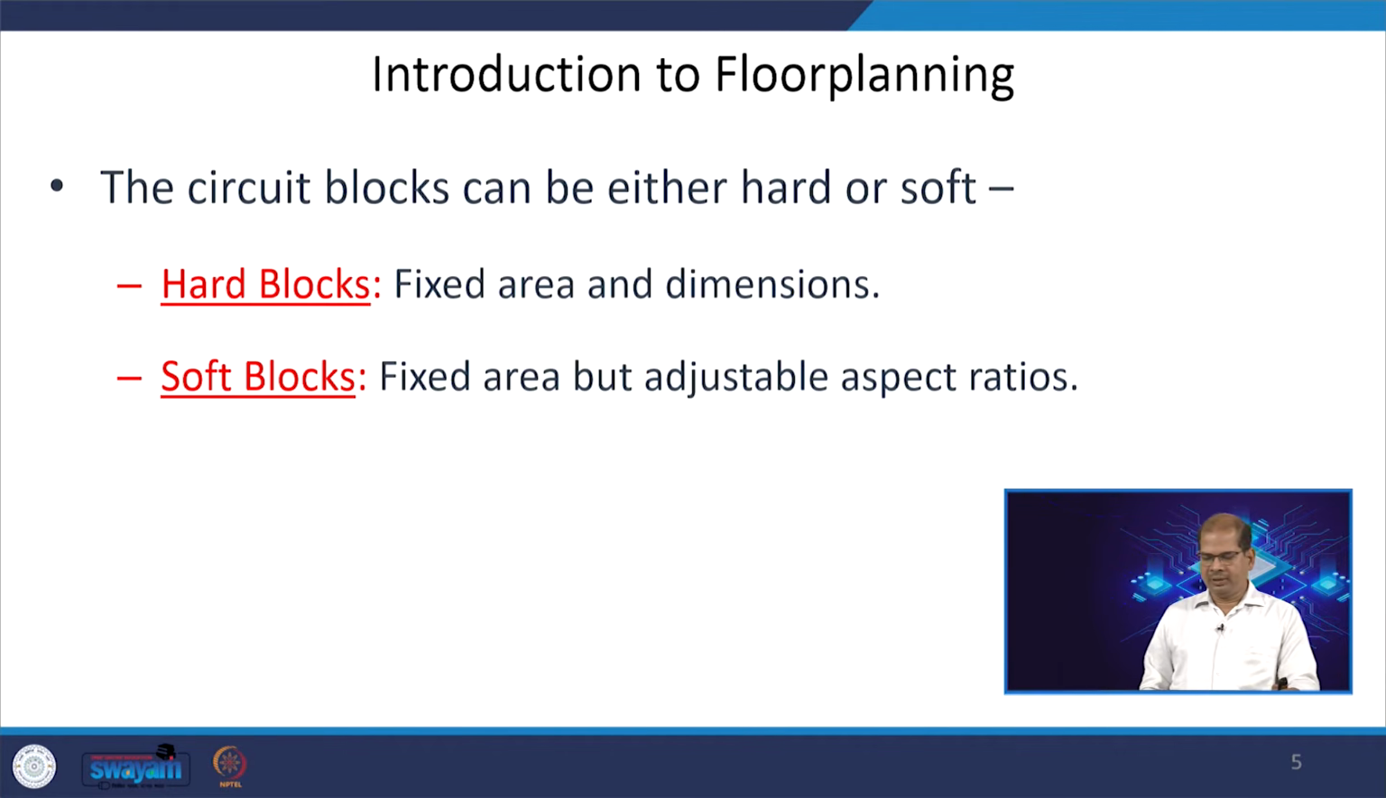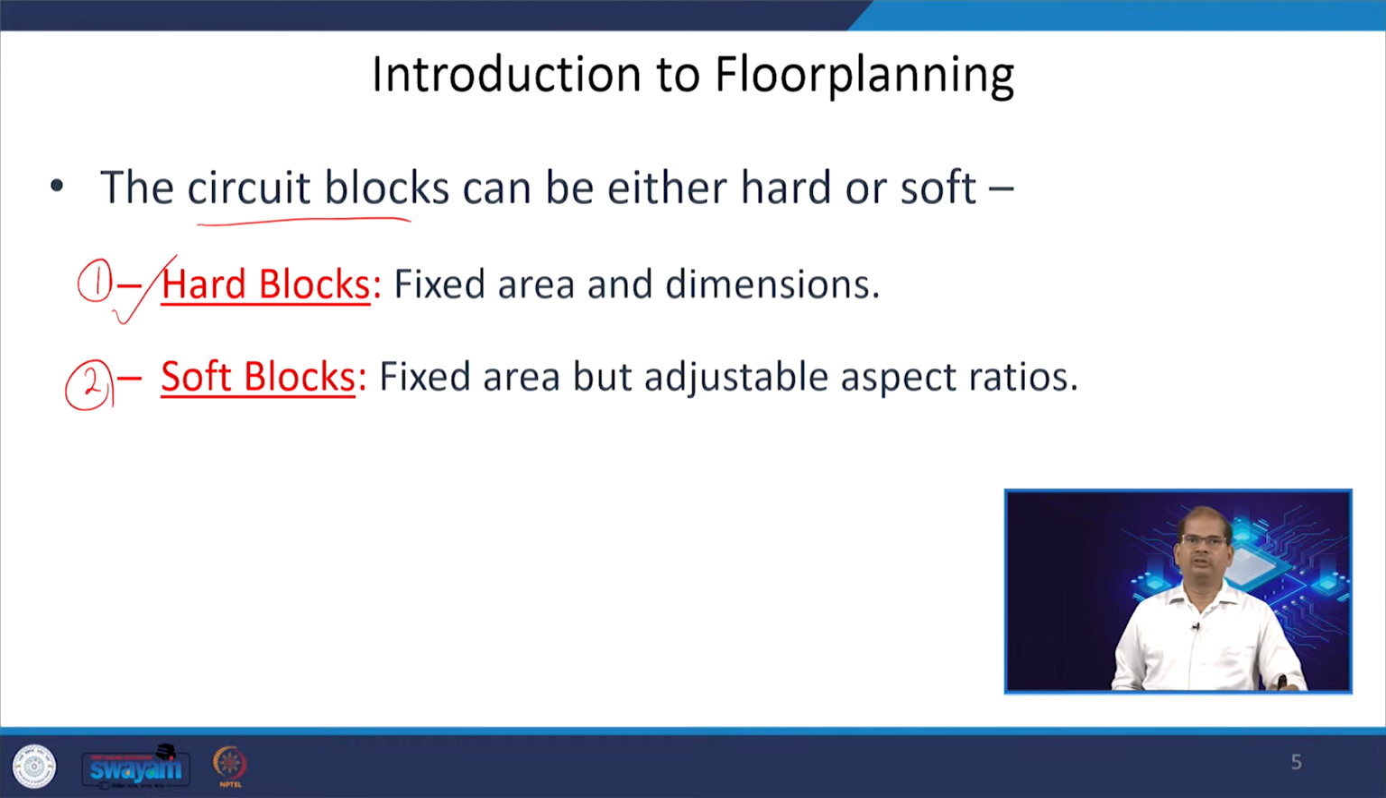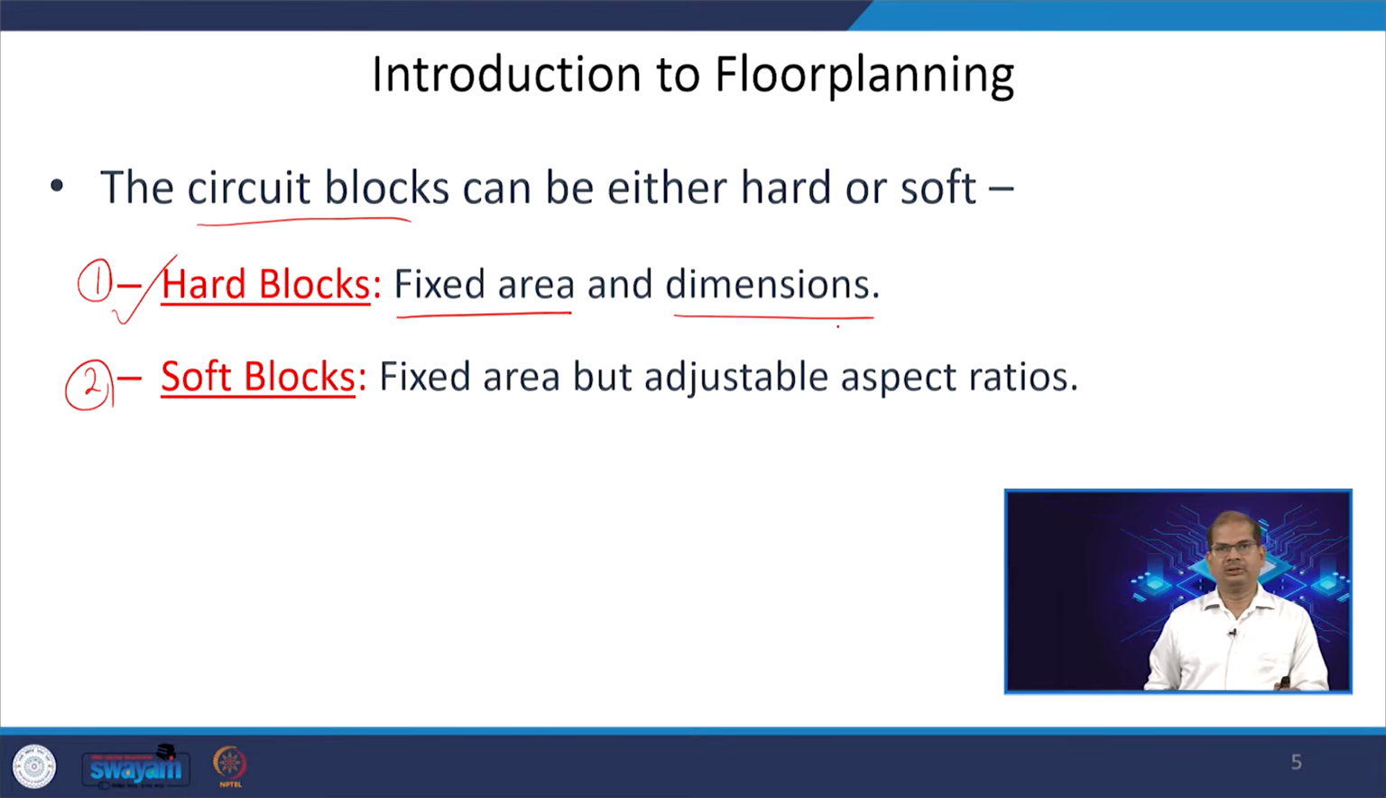You have different types of blocks. One is called hard blocks or hard IP, and another category is called soft blocks or soft IP. What is the difference between hard blocks or hard IP versus soft blocks or soft IP? In the case of hard blocks, the area is fixed and dimensions are also fixed. For example, a memory generated by the memory compiler. Examples of hard IPs are